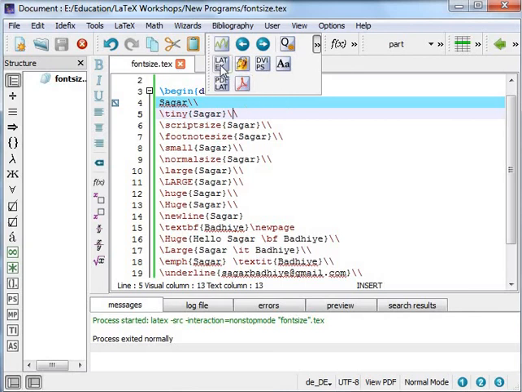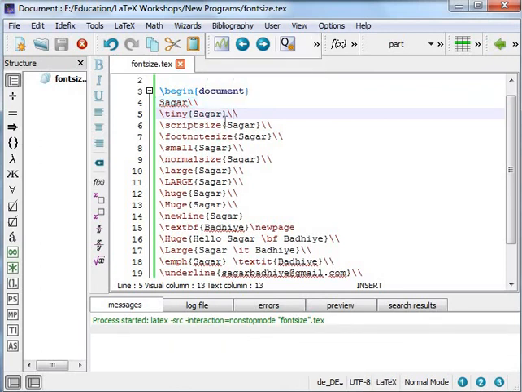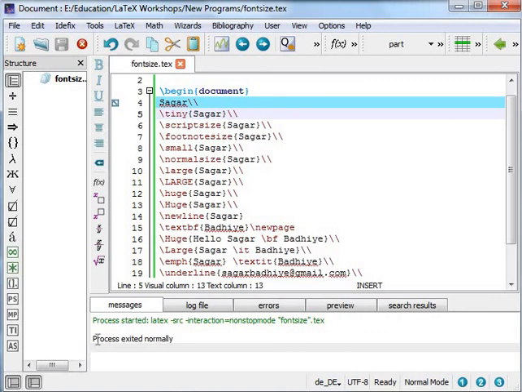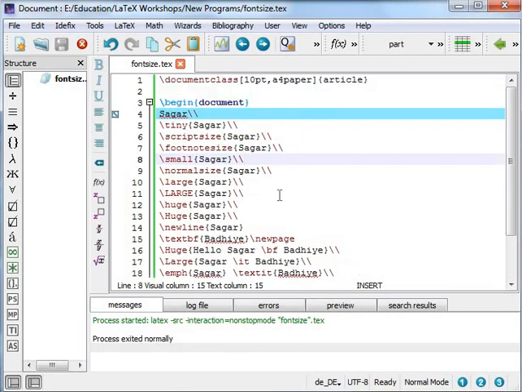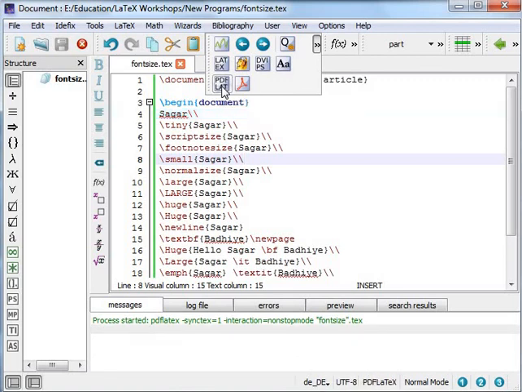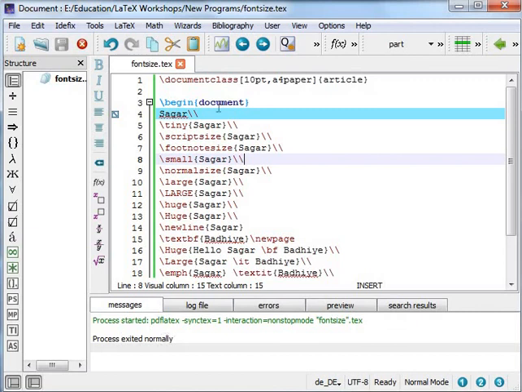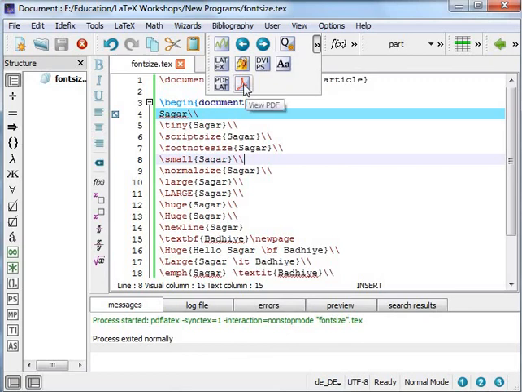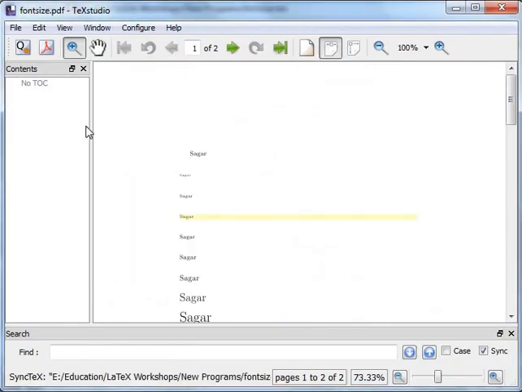First we will execute the given file through the LaTeX compiler. Once this is executed, you will get the message here, process exited normally. That means there is no error in the program and it is successfully executed. We will convert it to a PDF document, and when it shows executed successfully, pdfLaTeX will have converted the given text file into a PDF file. We get the message process exited normally. Then we can view the document by using Adobe Reader to view the PDF.